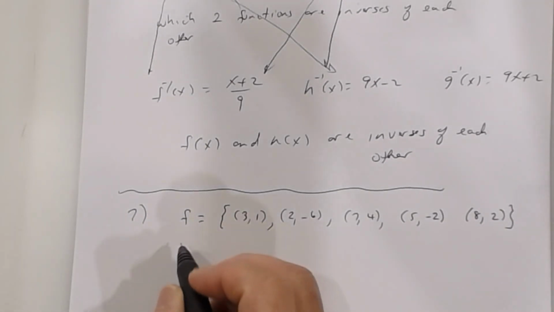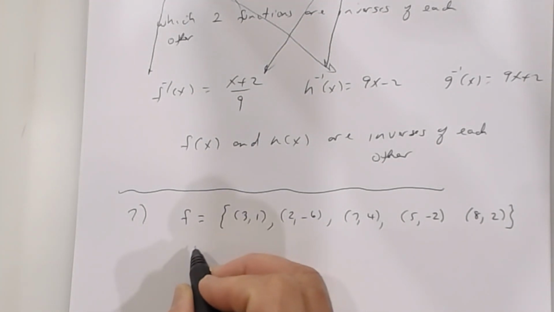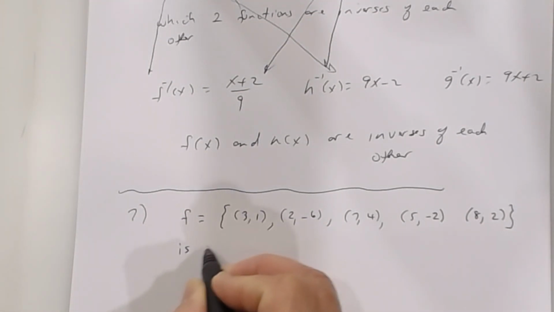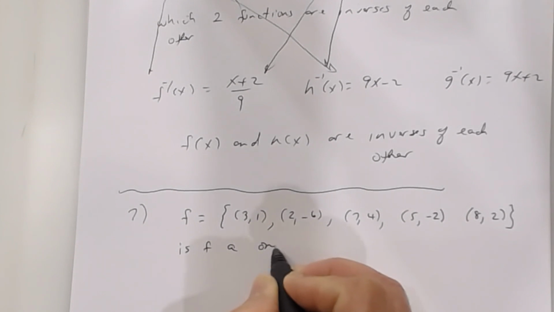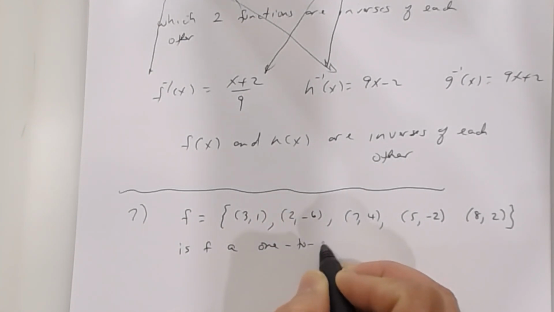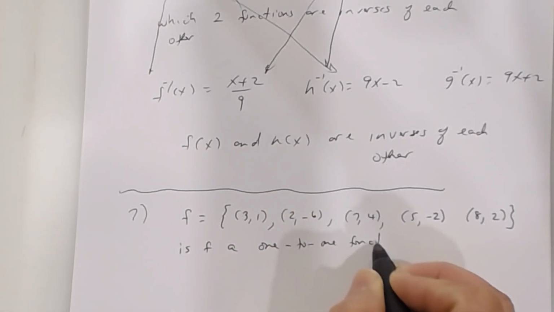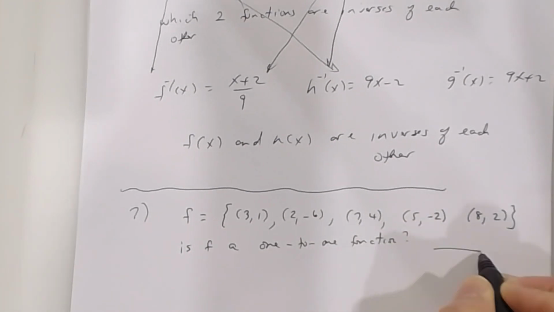Here's the next question, though. Here's the question you're going to be asked. Is f a 1-to-1 function? Yes or no? Well, a 1-to-1 function says that for each y coordinate, there is one x coordinate, and you can use